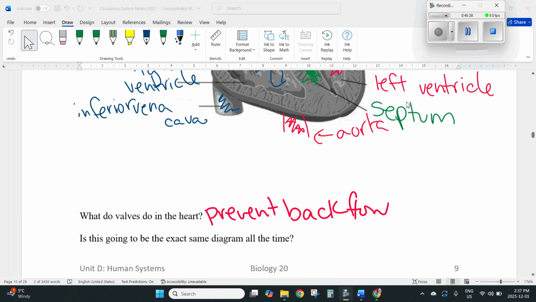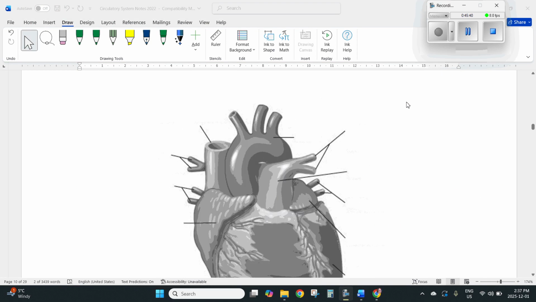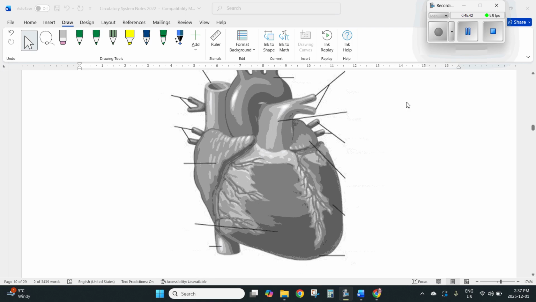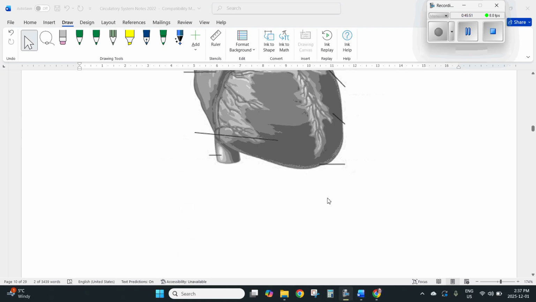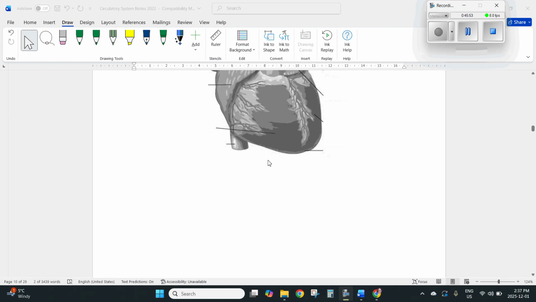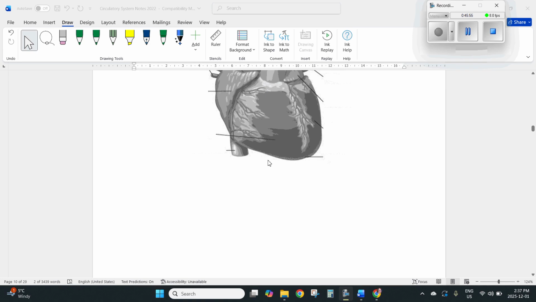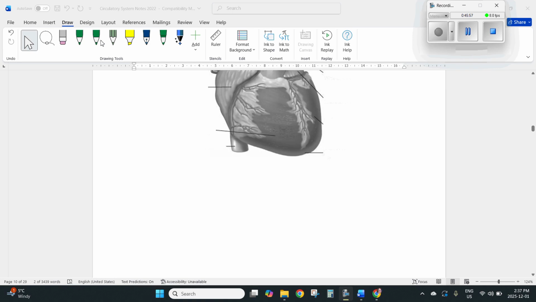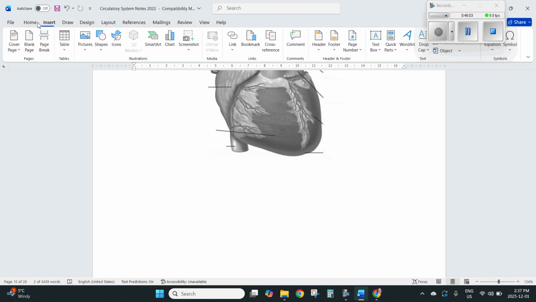Okay, what I encourage you to do now is go back and try to label the external structures of the heart. The only thing that is on the external structure of the heart that I did not talk about was the coronary arteries and veins. Okay, so I'm going to mention that right now, but the rest you should be able to label, and we can try to label another day. But I'm going to see if I can just type this in. Okay, so coronary